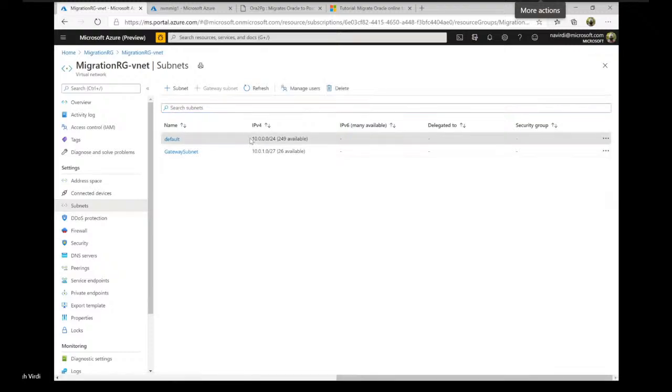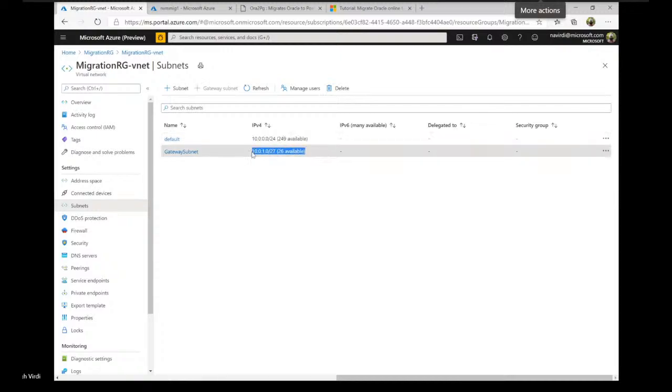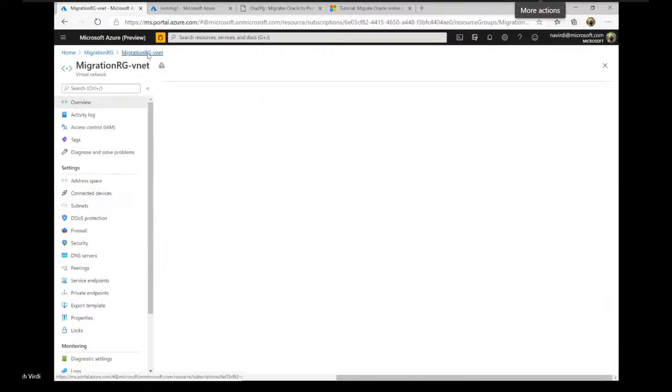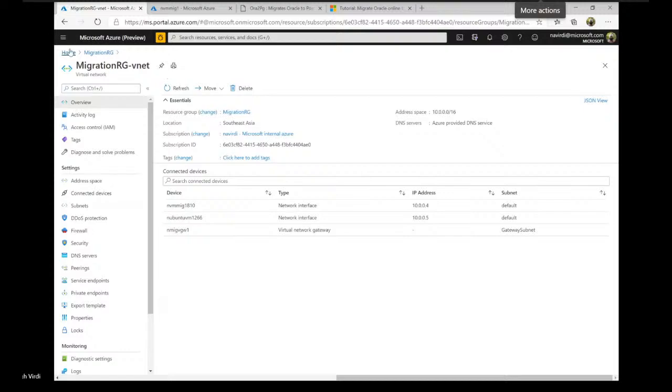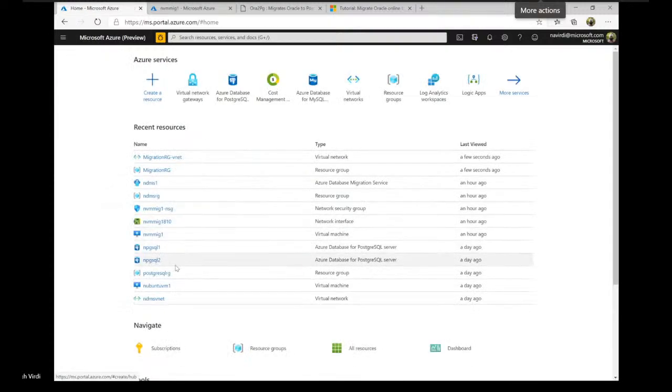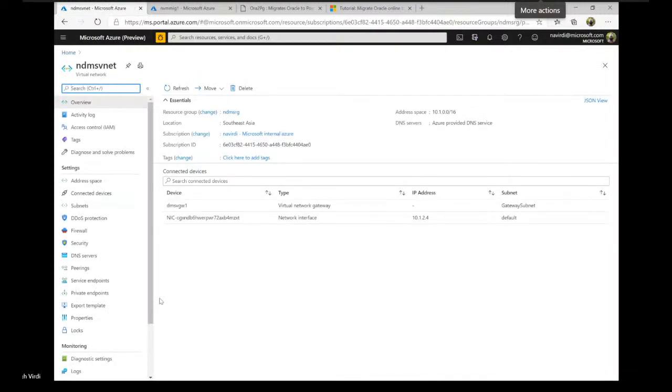One is the default subnet where my database VMs are hosted. Another is a gateway subnet where I have installed the VPN gateway. I will talk about the VPN gateway a little later. So this is my migration VNet. Similarly, I have a DMS VNet in a different resource group called DMS RG.